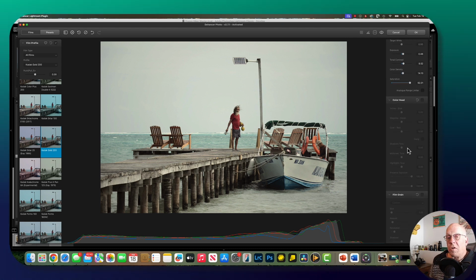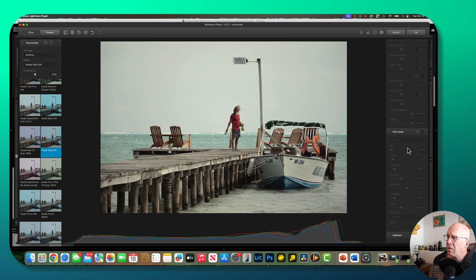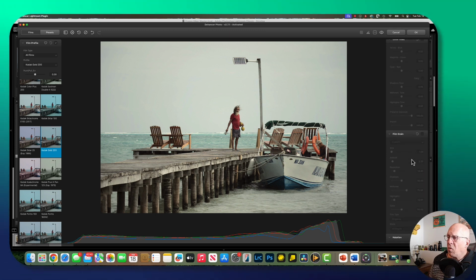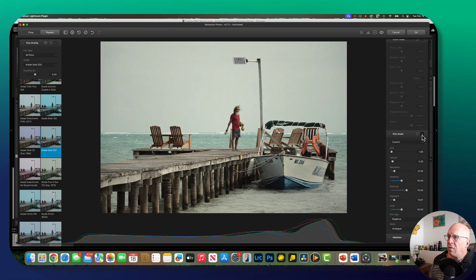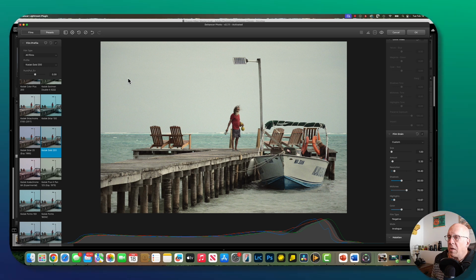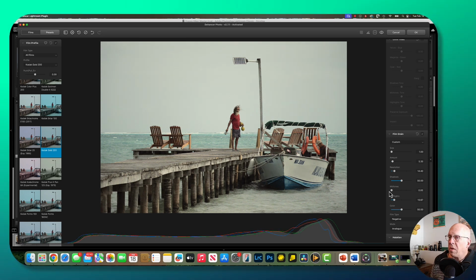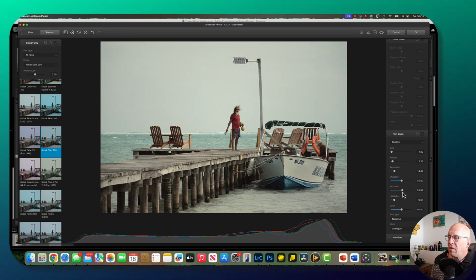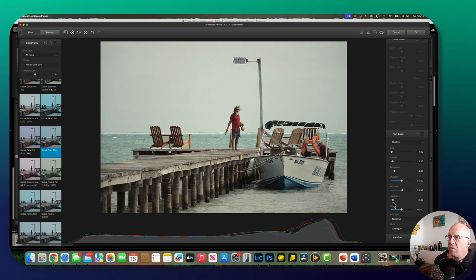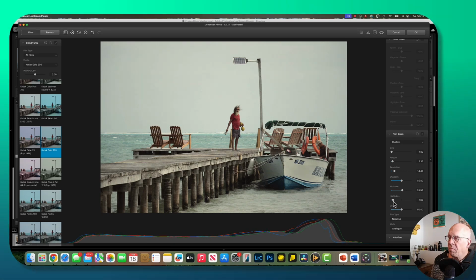Color head, these are more adjustments that would be made by a lab if you were asking them to do that. Not going to really change anything there, but what I am going to do is look at the grain. Turning on the grain, you can see the grain showed up, and that's pretty common with film. But what I like about this is I can actually adjust where the grain shows up, so I can increase it in the midtones. Highlights is where it really shows up a lot, so I really want to reduce it in the highlights,